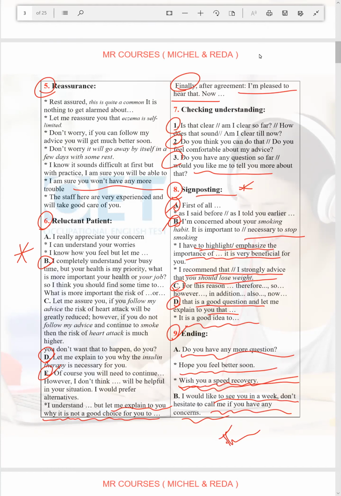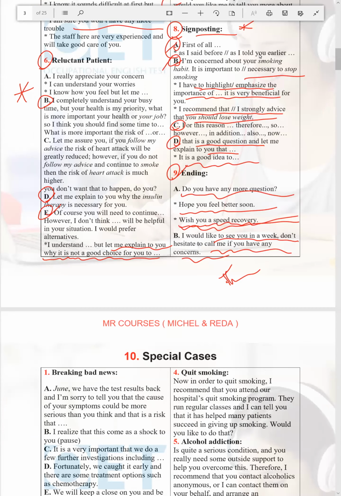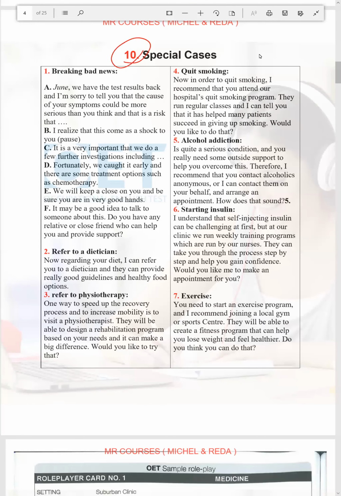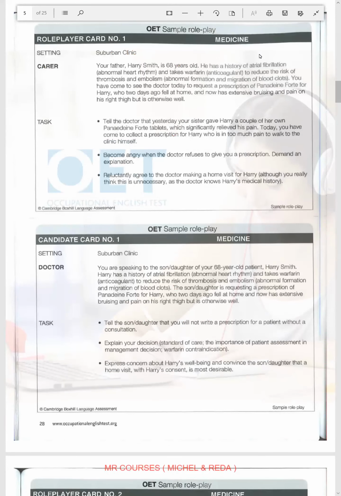So, special circumstances will be next. On the next lecture, I will start with you taking this. You are the carer. This is regarding, I think, deep vein thrombosis. This is a carer, and I'm a doctor. What do you want exactly? Do you want the role of the patient or the role of the doctor? First, you be the doctor. Okay, first I will be the doctor, then you will be.